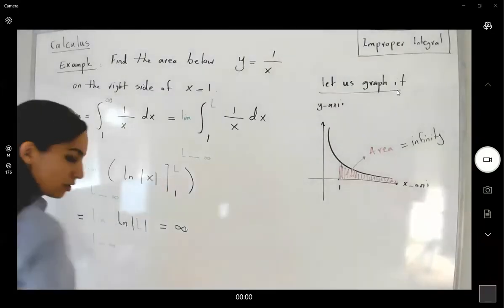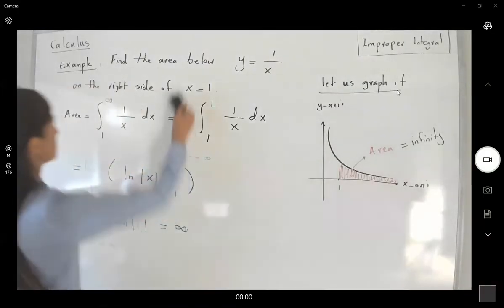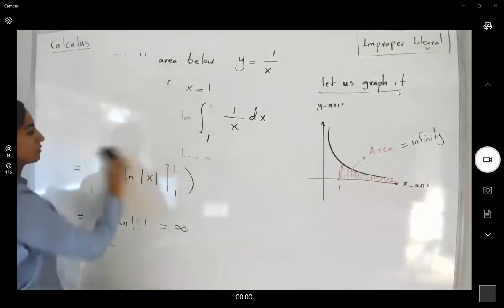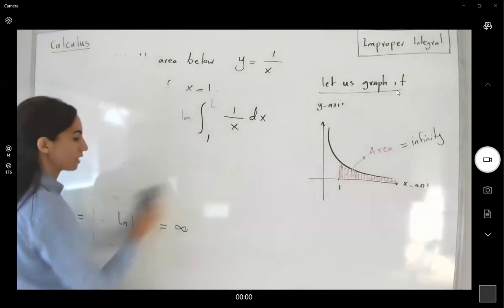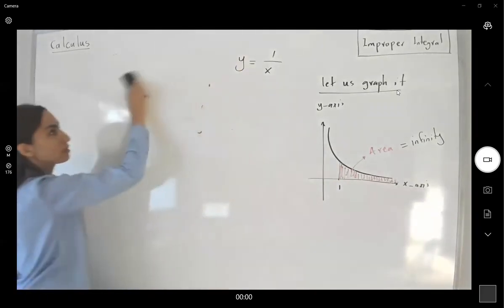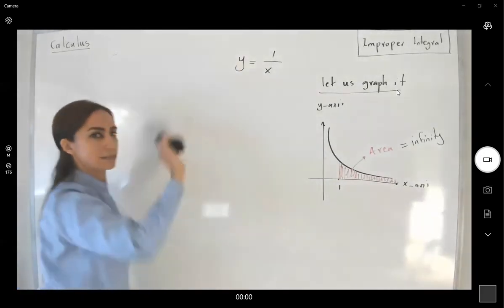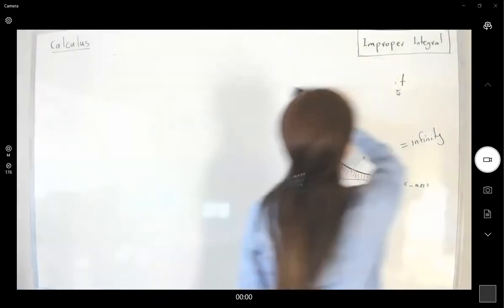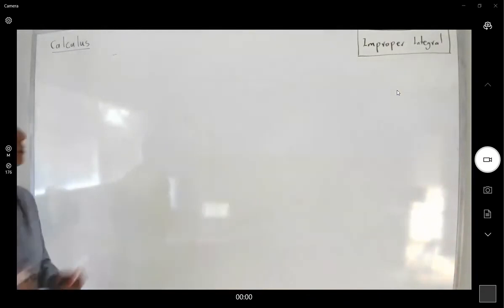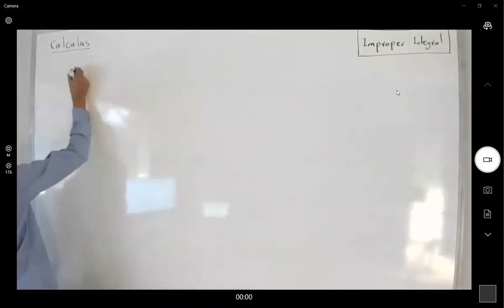So when it comes to improper integrals, we're dealing with two types of integrals. If the limit exists, we say that we have a convergent integral. If the limit doesn't exist, or it's going to infinity, we're dealing with divergent integrals. So for improper